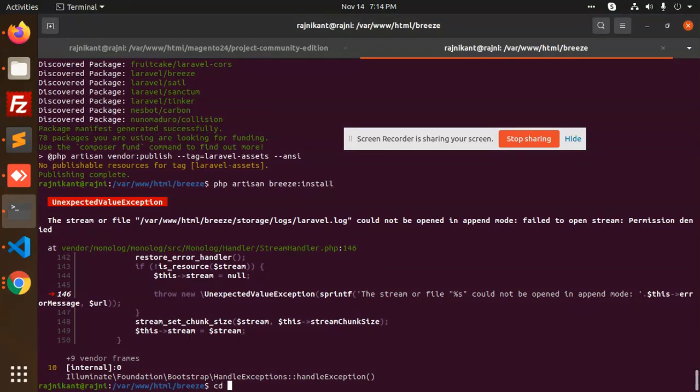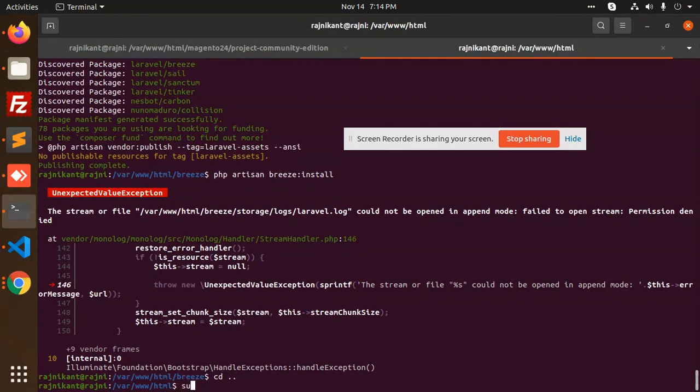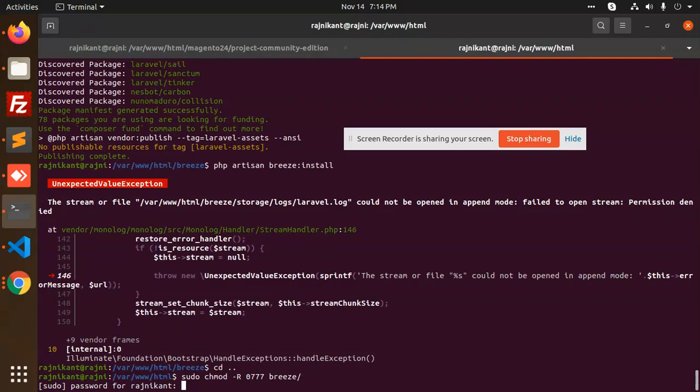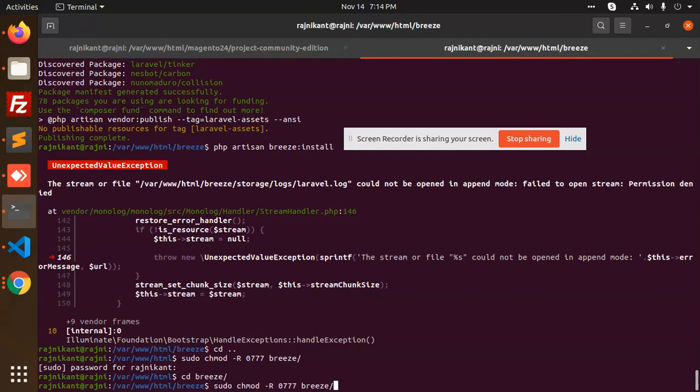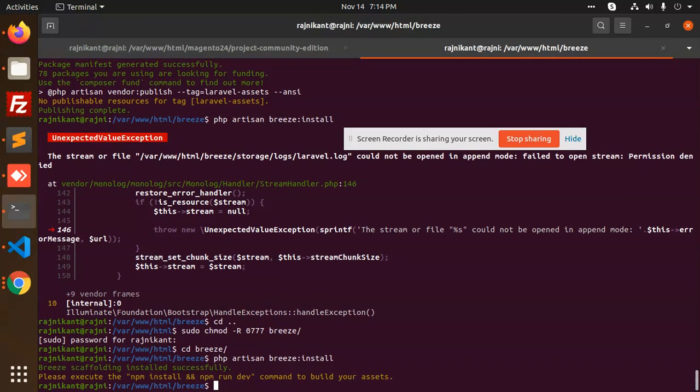Let's take the permissions. So I'm adding the permissions. Okay, let's go to the Breeze module and now add the installation. Please execute npm run dev command to build your assets. Okay, so this is installed.